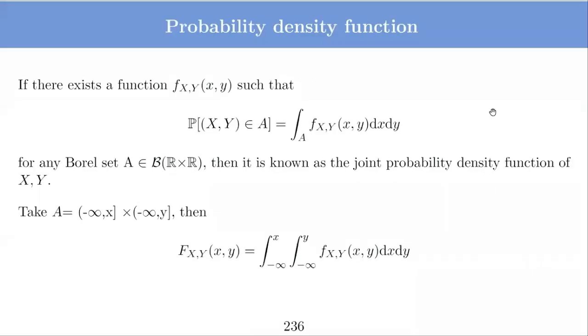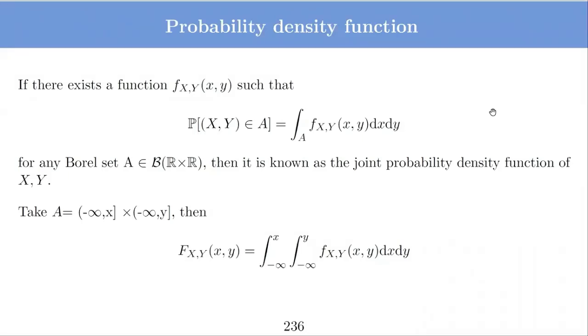So now let's talk about the probability density function in the similar way we have done for the probability density function of a single random variable. So here we have a joint CDF, and the joint probability density function of these two random variables is defined in the following way: if there exists a two-dimensional function f_XY, such that for any Borel set A,